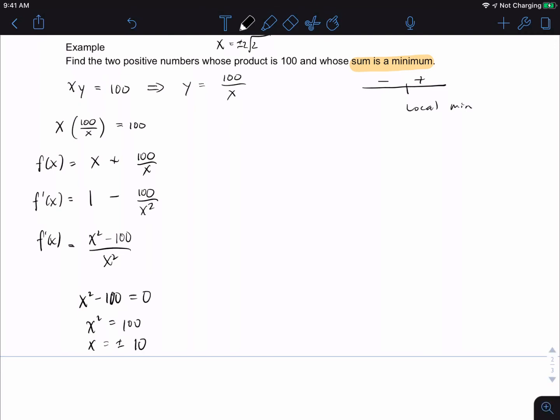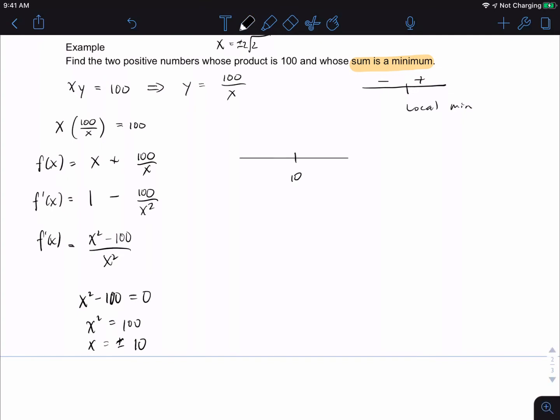10. Do I care about the negative number though? No. And the reason I don't is because we're in the positive world, so we only care about 10. So that means I'm going to test the derivative. I'm going to test the derivative